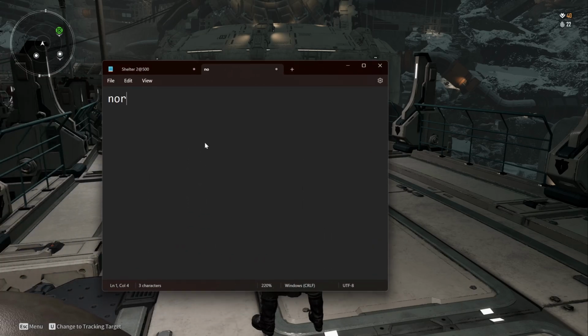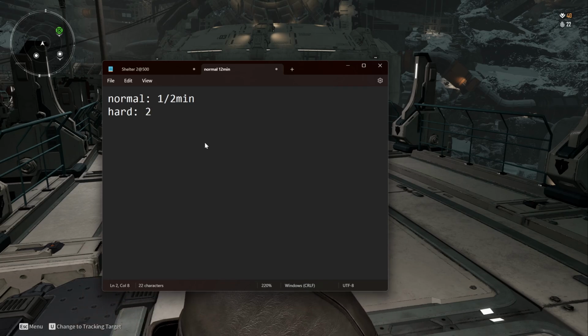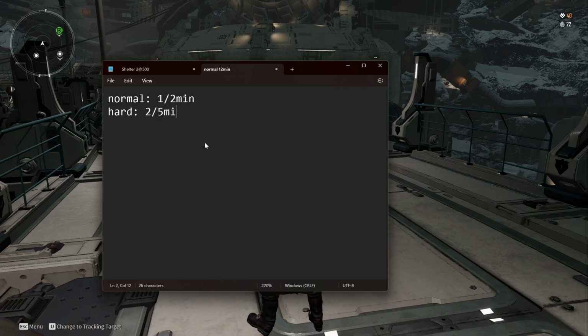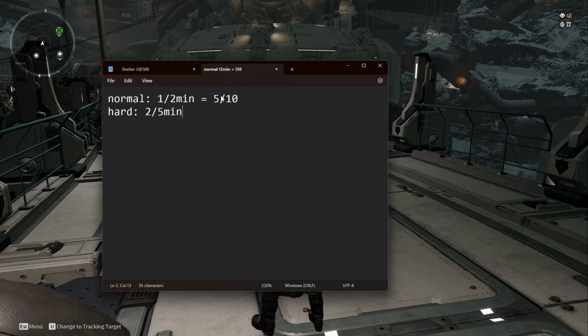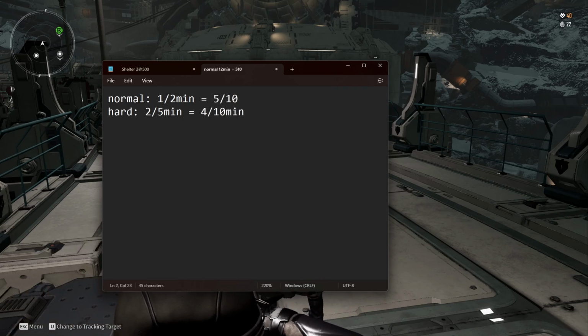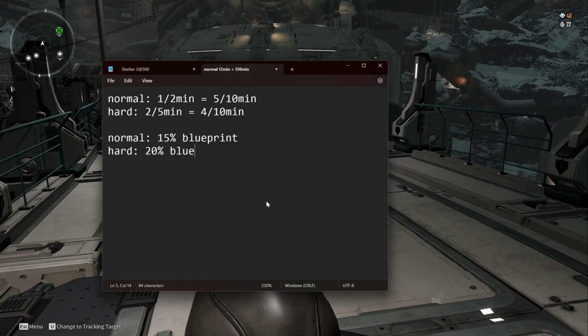Going by our rates, on normal mode you get 1 amorphous every 2 minutes, and on hard mode you get 2 amorphous every 5 minutes. Using the same common denominator, this is equivalent to 5 amorphous every 10 minutes for normal, and 4 amorphous every 10 minutes for hard. On normal, you have a 15% chance of hitting a blueprint, and on hard, you have